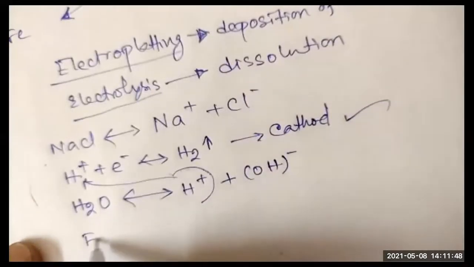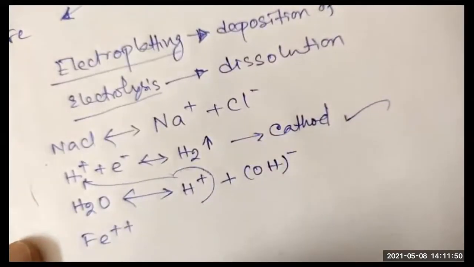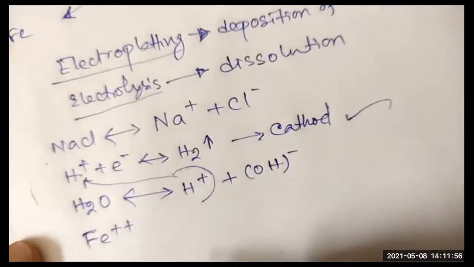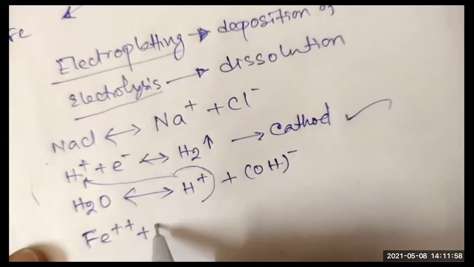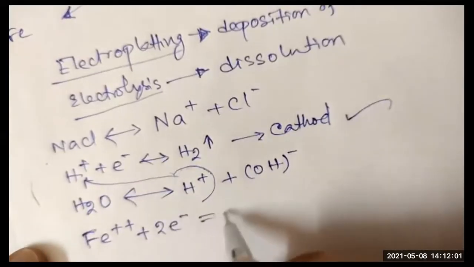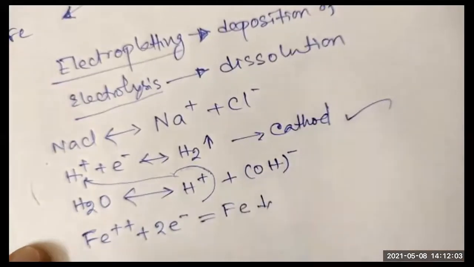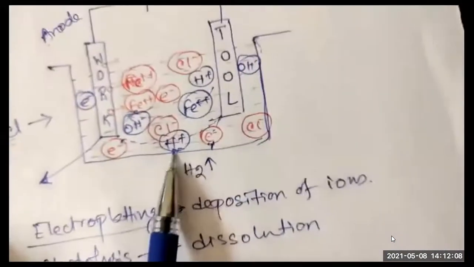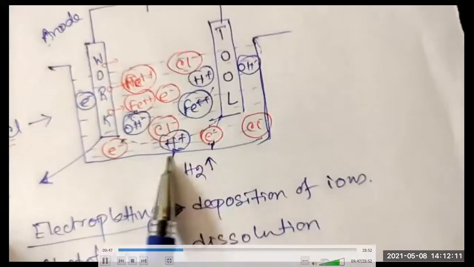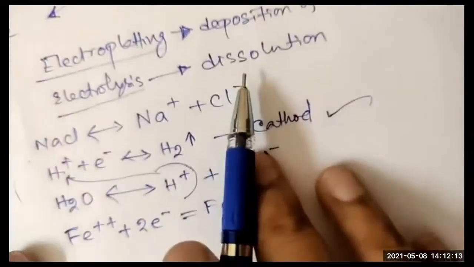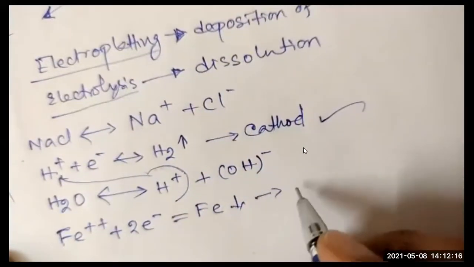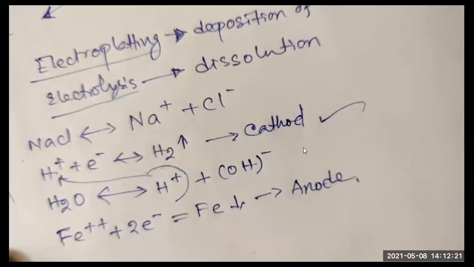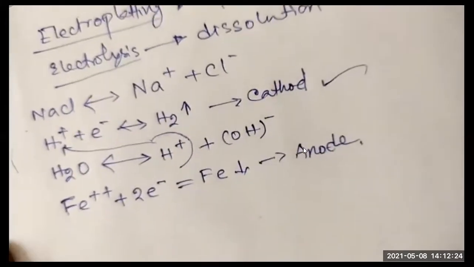Now we will get Fe plus plus ion. Okay, as we are using some ferrous material as the workpiece, that also will take electrons and then will form some deposition. Okay, or it will get deposited in the bottom side of this tank. Okay, clear. So that is one more thing. So this will happen where? It will happen in the anode. Clear.